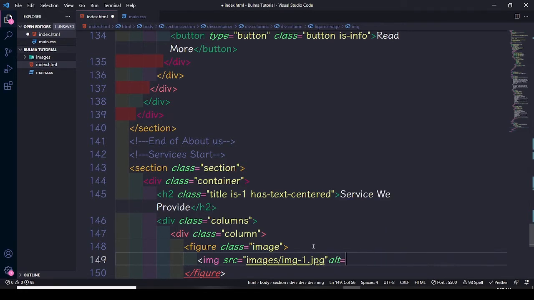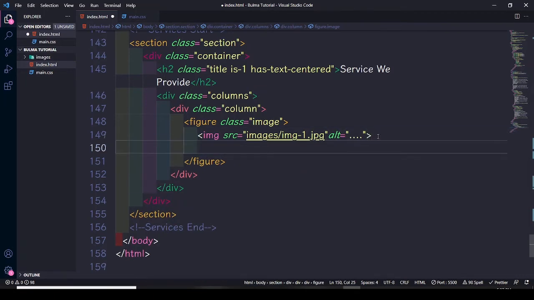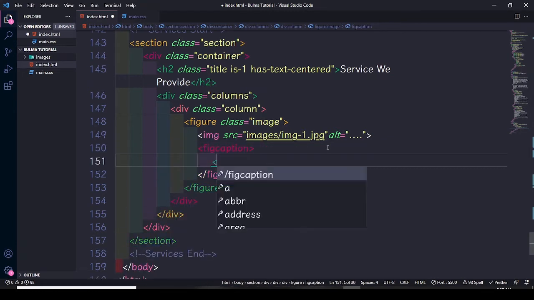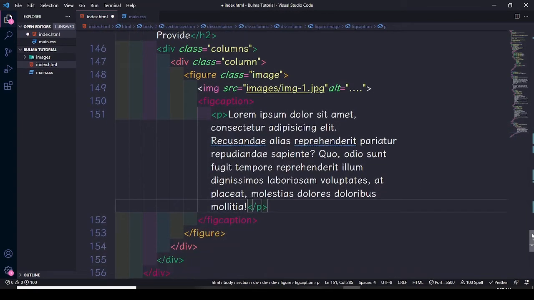Then let's use some, you guys can add the alternative text of this thing, whatever you want. Then we need to add some figure caption and a p element with some lorem ipsum, and this could be, let's use 35 or 30 words. Okay, then after